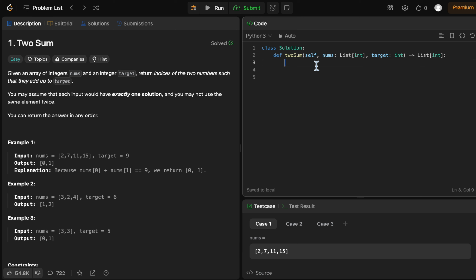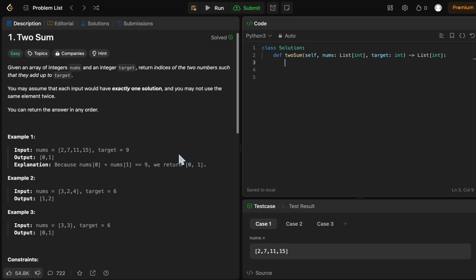Today we will be solving the question Two Sum, and this is a very popular question on LeetCode. Let's actually read the description. Given an array of integers nums and an integer target, return indices of the two numbers such that they add up to target. So if we look at an example,